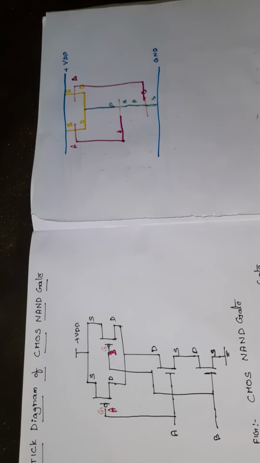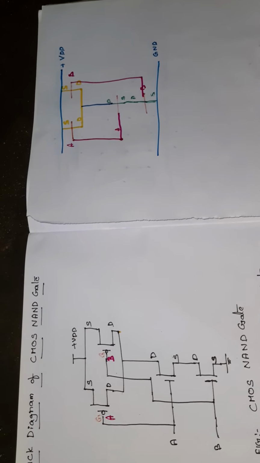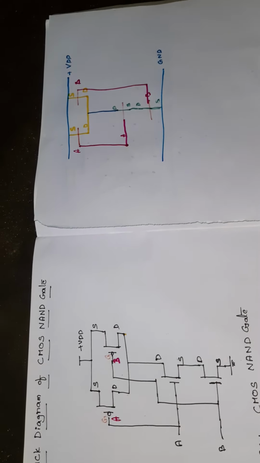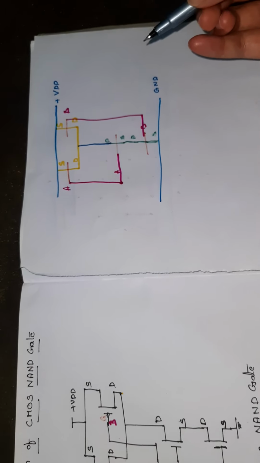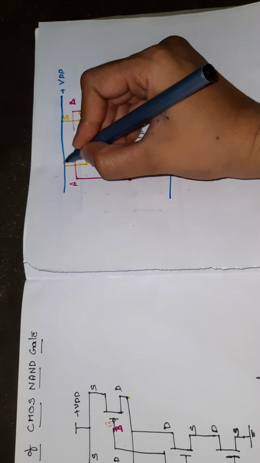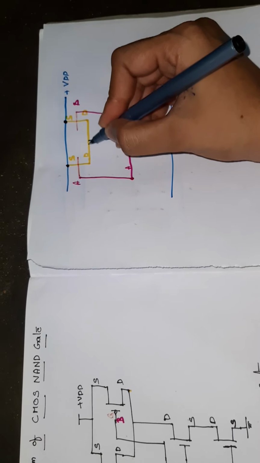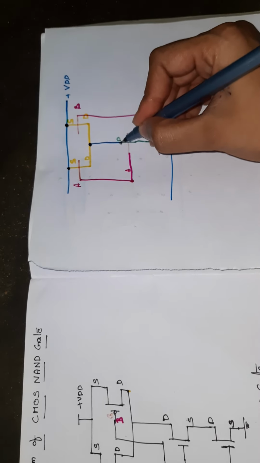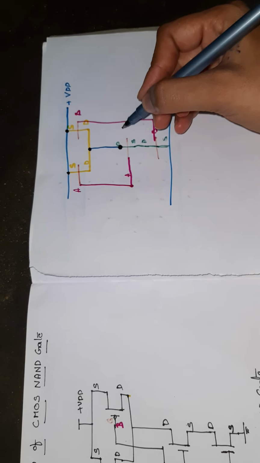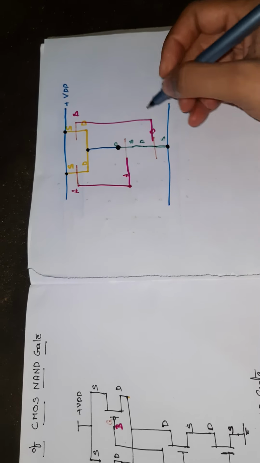Okay, next, coming to the contact points here. Contact points should always be indicated with black color. When do we use the contact point? When two different colors meet. At that point you have to indicate the contact point with a dot representation using the black color. See here, this is blue and this is yellow, so here one contact point and here one contact point. This is yellow and blue, one contact point. Green and blue exist here, so one contact point. Next, green and blue, one contact point here.